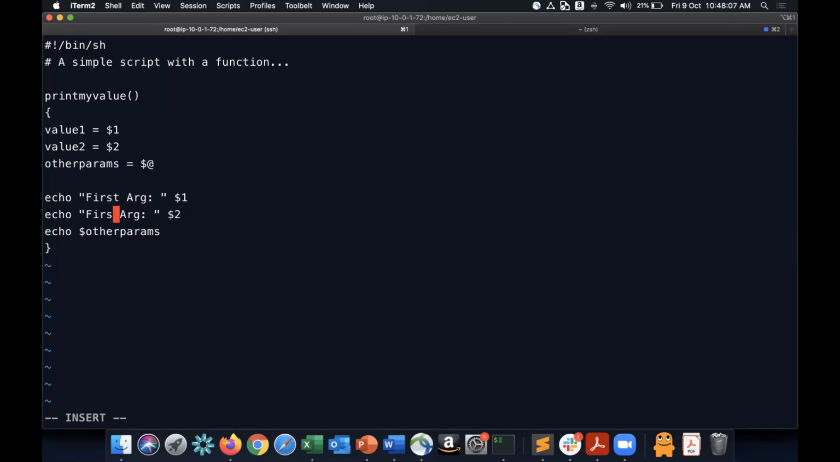Second argument is this. Then this is the rest of the arguments. Rest goes here. I'm just doing that. Okay. After that, in the main program, I'll say main program starts here. You can also put the functions below. It's not a problem. Starts here, and then you can say